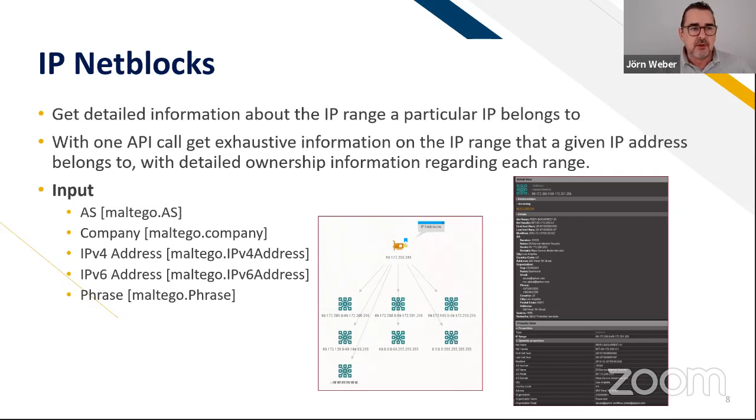IP Netblocks is also not the standard approach here. It looks a little bit like other transforms that can do similar things, even built in. But in this case, you can see on the right side, maybe not too sharp, that you have to watch for all these transforms in the detail view and property view. You see that the Whois data for the Netblocks is already inside there. So there's always more information if you pull this data.